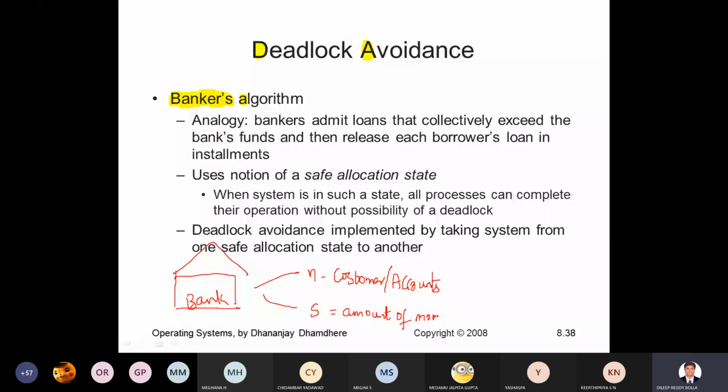Now this n number of people will request for a loan, correct? Let us say each one may request on their priority. There are n people, from 1 up to n. One may require 1 lakh, two may require 5 lakhs, three may require 10 lakhs, and four again require, what to say, 2 lakhs. Like this, they have different requirements here. Not all n people may need it, but we don't know when which person is going to request for a loan.